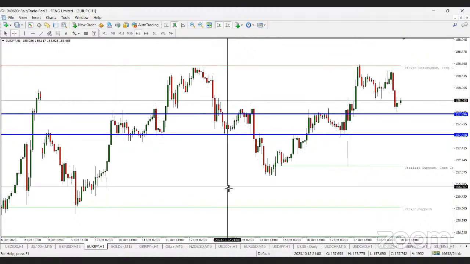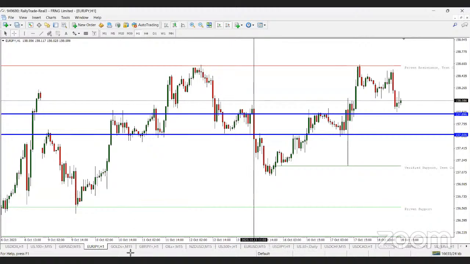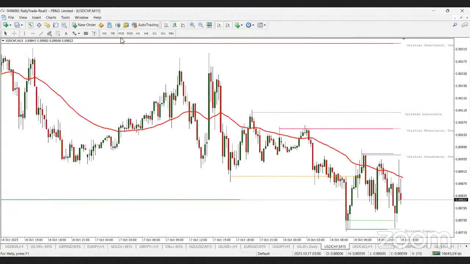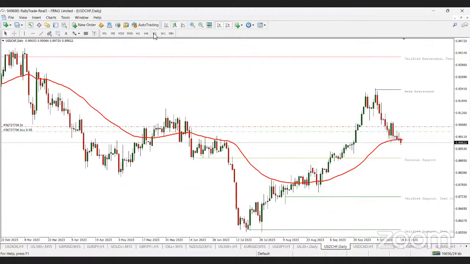Understand? So we'll move on from GBP USD and Euro JPY. Let's check out what we have here. I've looked at a USD pair, I've looked at a JPY pair. Let's see USD CHF. Okay, so USD CHF has been